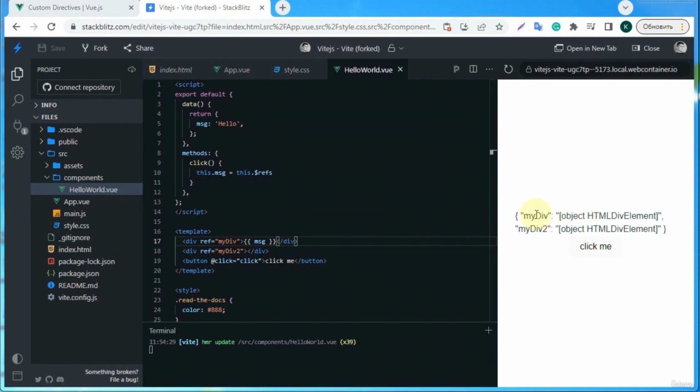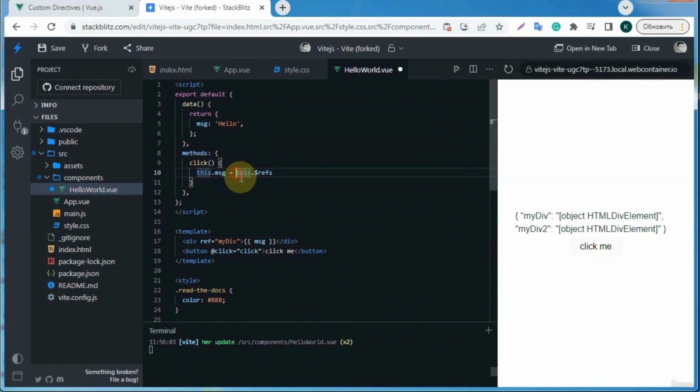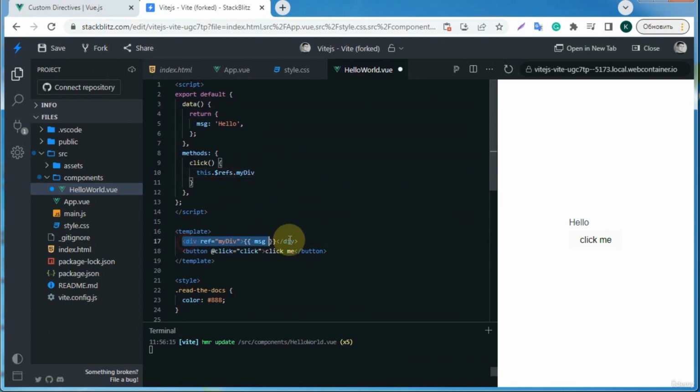So now I can use these references to control or to modify our HTML elements, this div and that div. Let me show you the next example. I delete the second div and inside click method I will use this.$refs, then .myDiv, it will be this HTML element, and .classList,